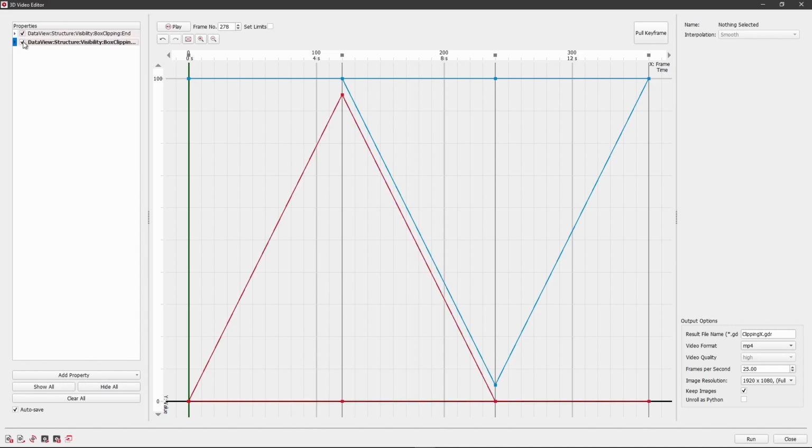If the parameter has a little black arrow on the far left side, it means that the parameter has subparameters. In this case, for the box clipping, the different axes in which we can clip. To expand them, we click on the arrow. To hide them again, we click on the arrow again. We can highlight the parameters in the graph panel to see its course and change of values over time by clicking on the parameter. The selected property will be highlighted in red in the graph panel.